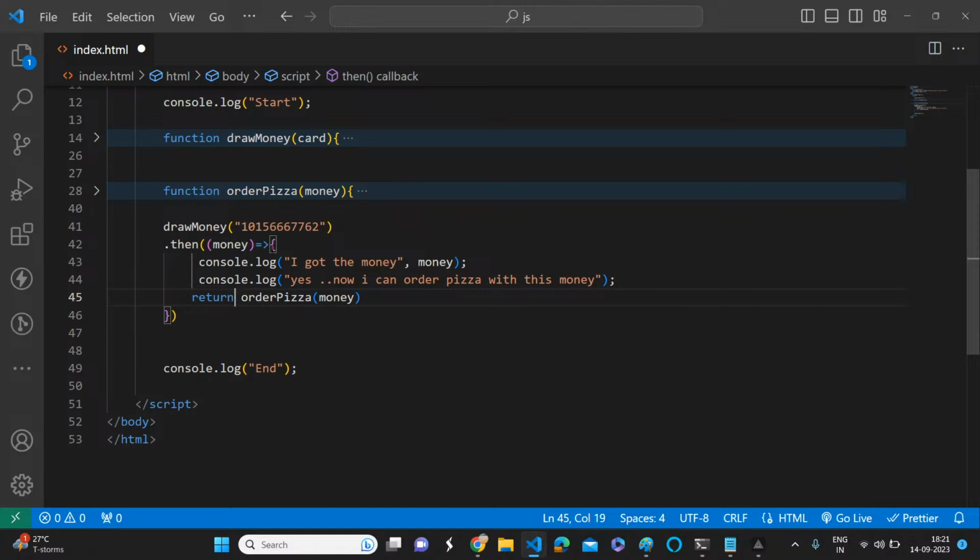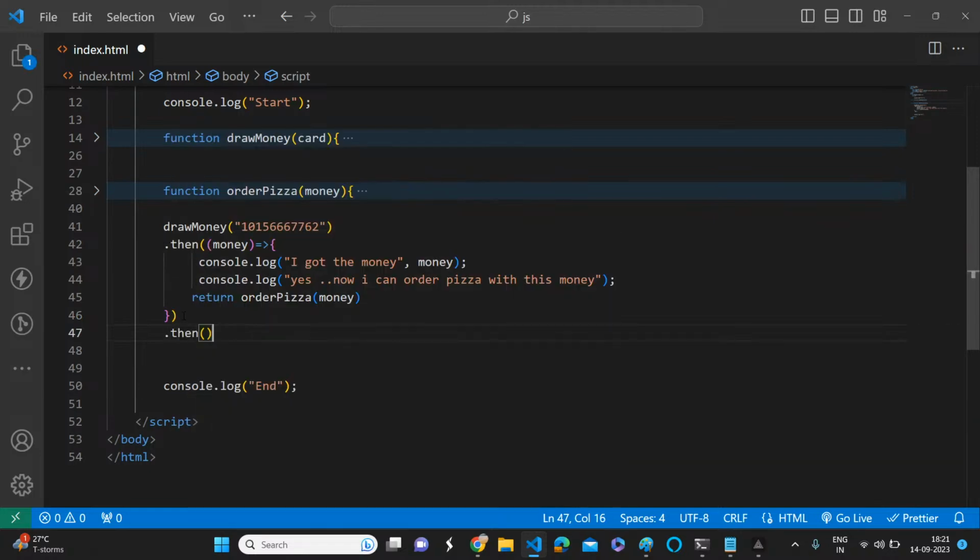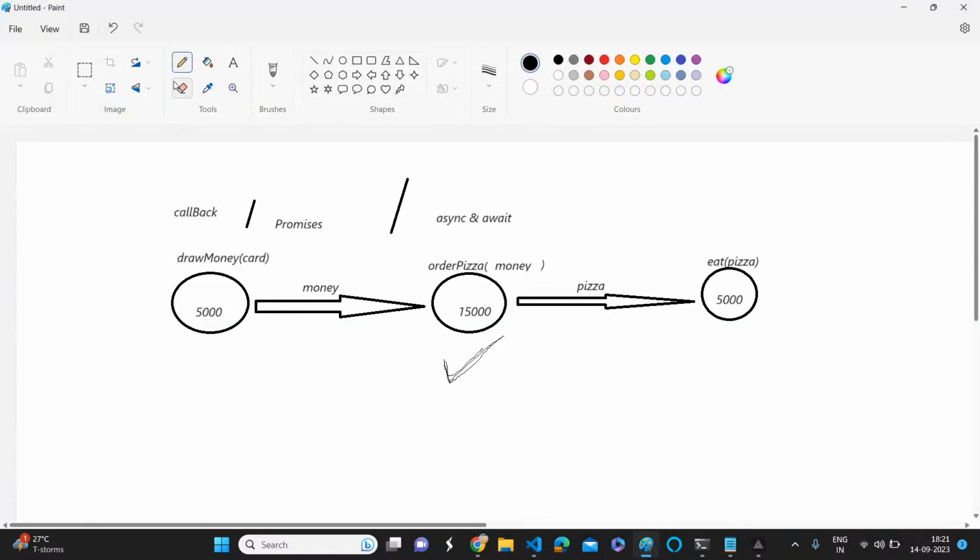So observe carefully. This is draw money, and once we got the money, we are ordering pizza. Once you order the pizza, what response will you get once it is successful? It will invoke the then method, right? Observe carefully. Here we have one promise object, and once we invoke that, it is returning a promise.